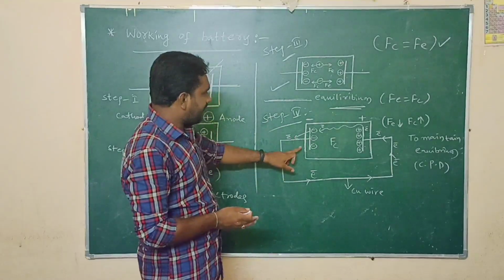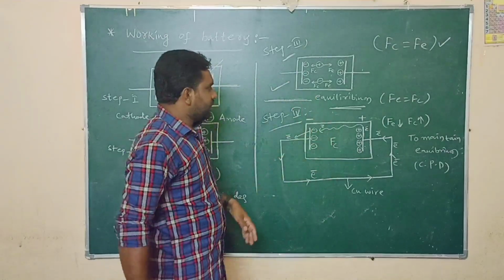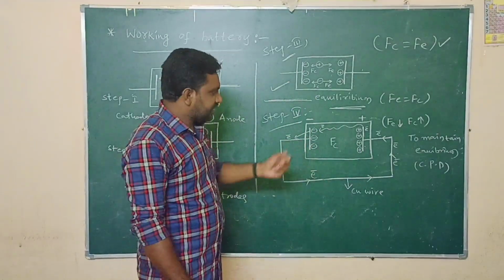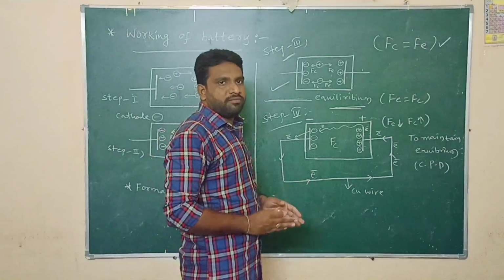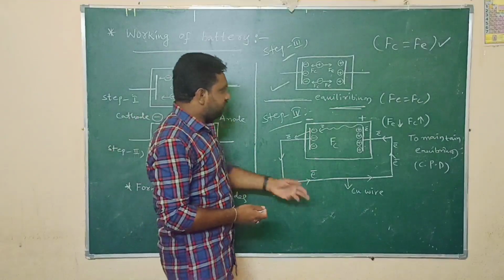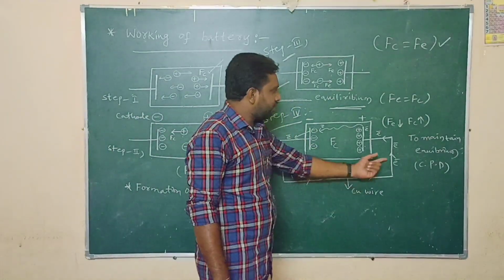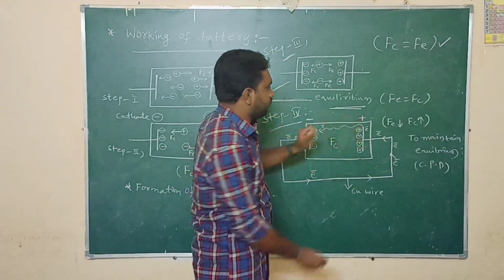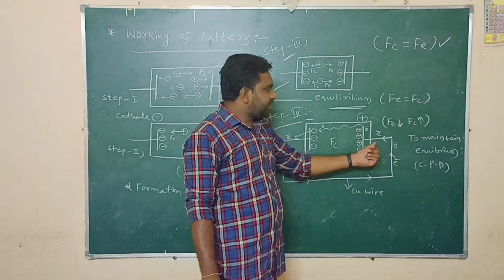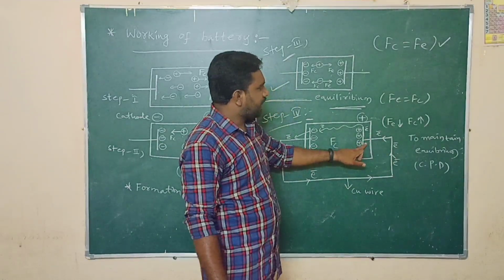For that sake, I am going to connect one copper wire to the battery. This is the copper wire. Already you know that in the case of conductors or copper wire, a large number of free electrons are present. The charge of an electron is negative. So the free electrons present inside the copper wire are moving towards the positive electrode, which is nothing but the anode. Why? Because negative always attracts positive. So all the free electrons are moving towards the anode.